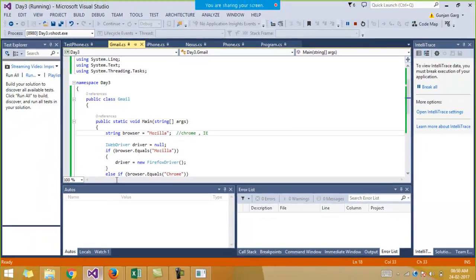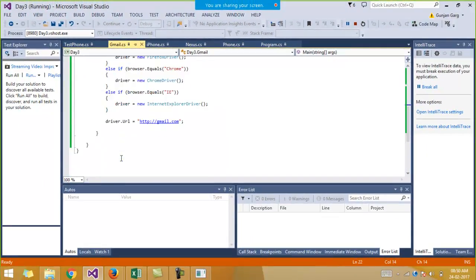It opens the Firefox browser and driver.url is gmail.com.